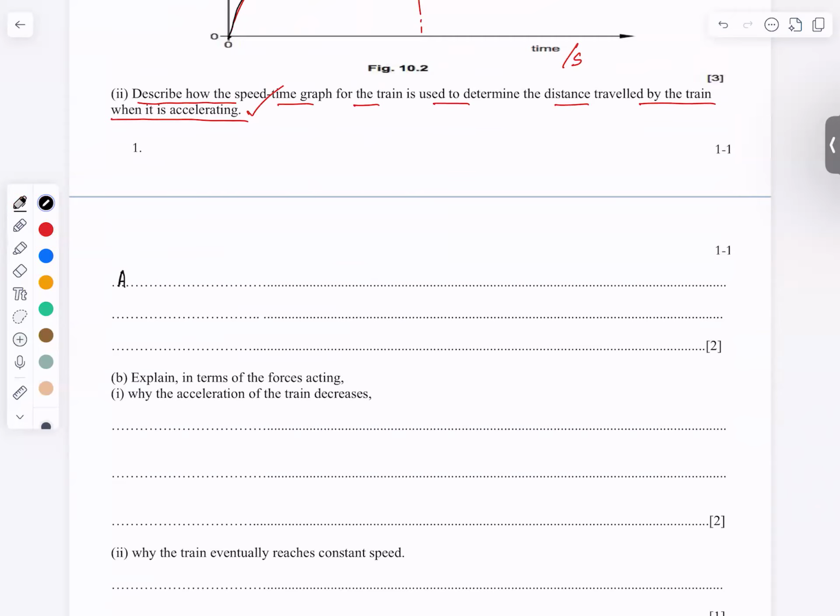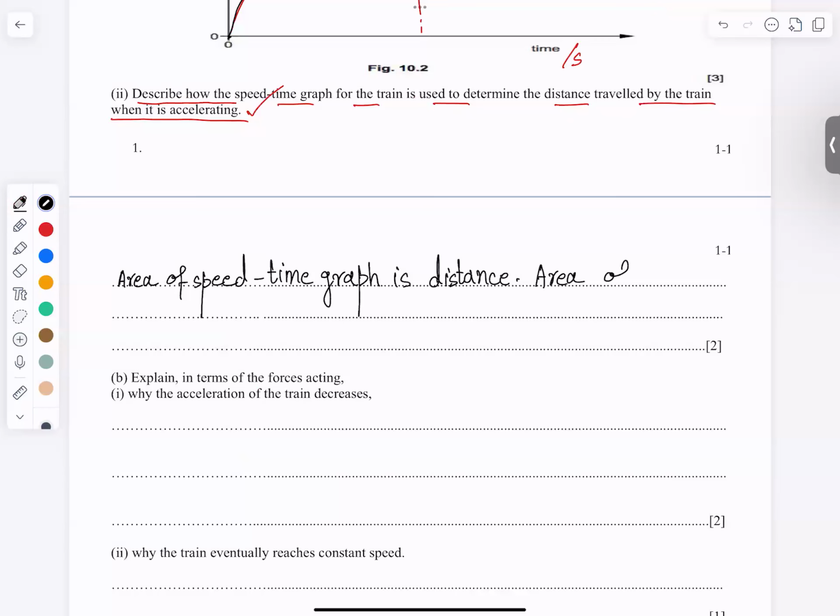So area of speed time graph is distance. Area of the graph under the curved path, under the curved part only, because जब ग्राफ स्ट्रेट लाइन हो जाएगा तो फिर तो कांस्टेंट स्पीड है, फिर वो डिक्रीजिंग एक्सलेशन तो नहीं